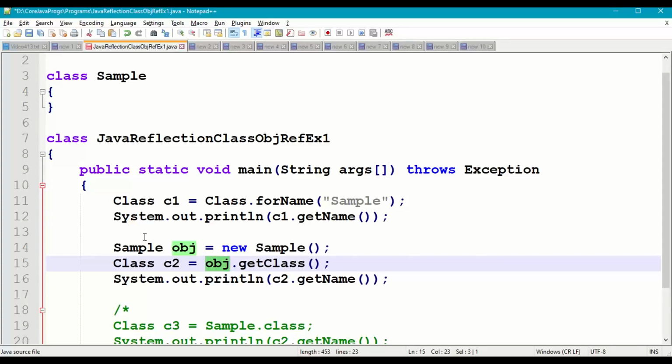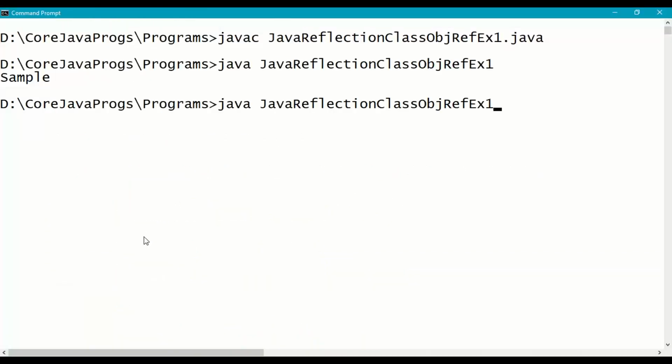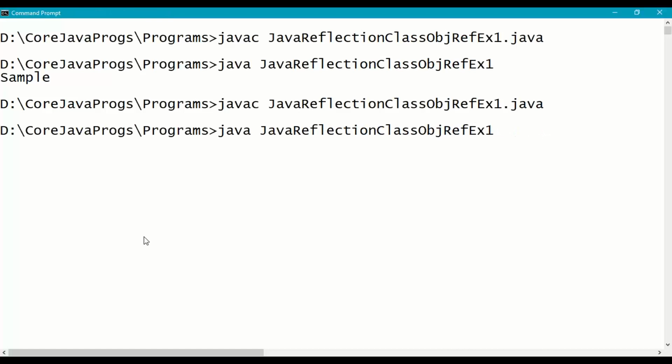So obj.getClass() returns a Class object reference variable. So store that in c2 and print c2.getName(). So save this, recompile, and then no error, run it. So Sample is the class name.